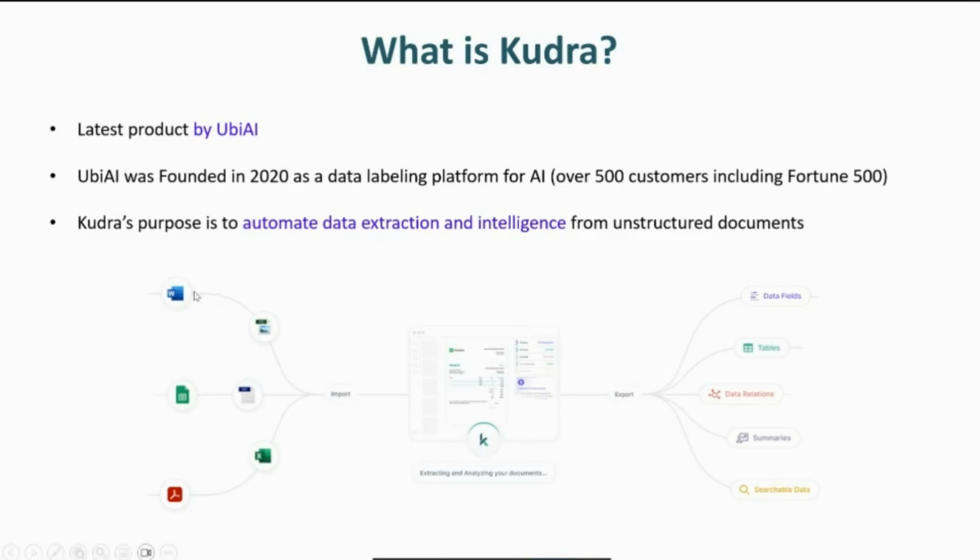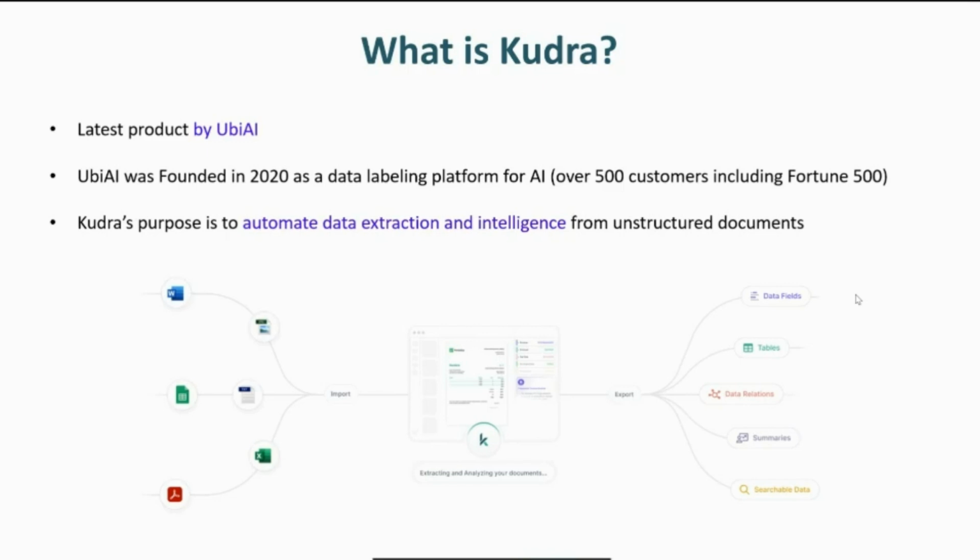The idea here is you can send any type of documents like PDFs, images, handwritten, scanned images, and you upload them to Kudra, and Kudra is able to understand your documents and extract relevant information from it, and it will output specific information that is relevant to your business. Specific entities, tables extracted, different relationships between different entities that are mentioned in the documents, different summaries and analysis.